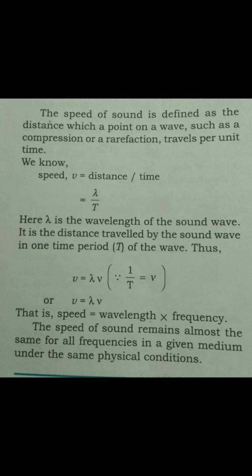Now, please see this relationship between speed, distance and time. So speed is equal to distance by time. We all know it. That is why v is equal to lambda by T. Here distance is shown by lambda, and T is the time period. So lambda is the wavelength of the sound, and T, as we know, is the time period. And also there is another relationship, that is speed is equal to wavelength into frequency. That is v is equal to lambda nu. So you have to keep these two relationships in mind, so that we can use them while solving the numerical problems given in this particular chapter.